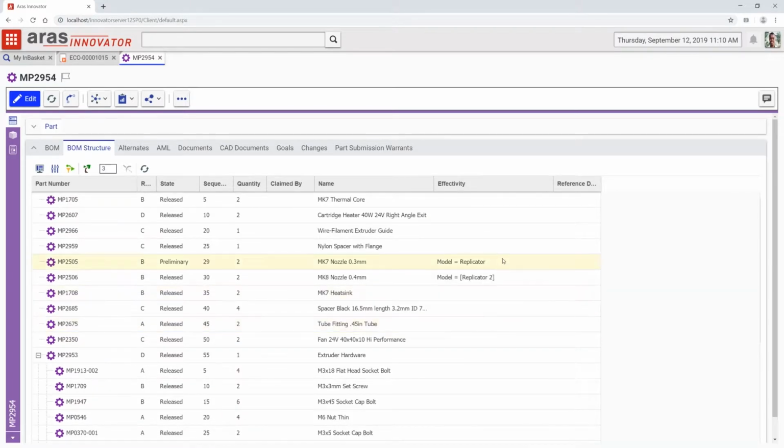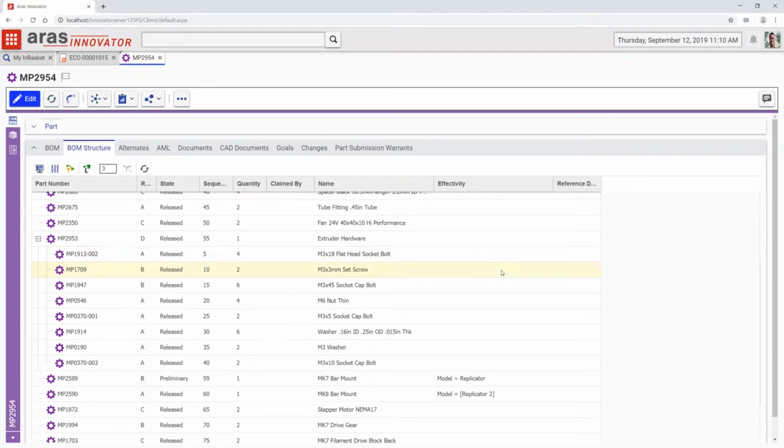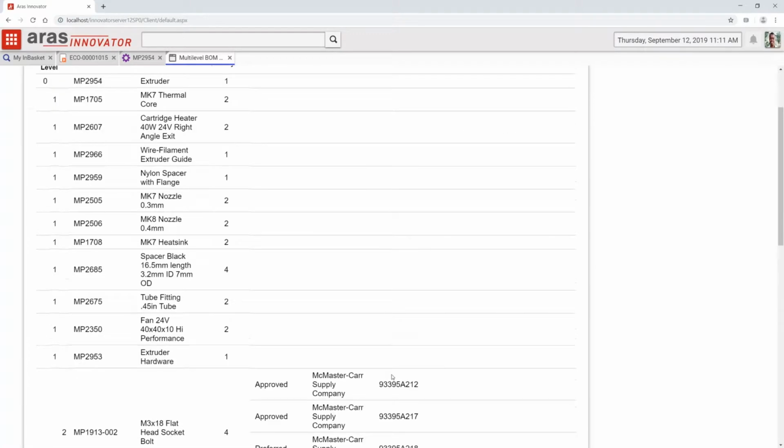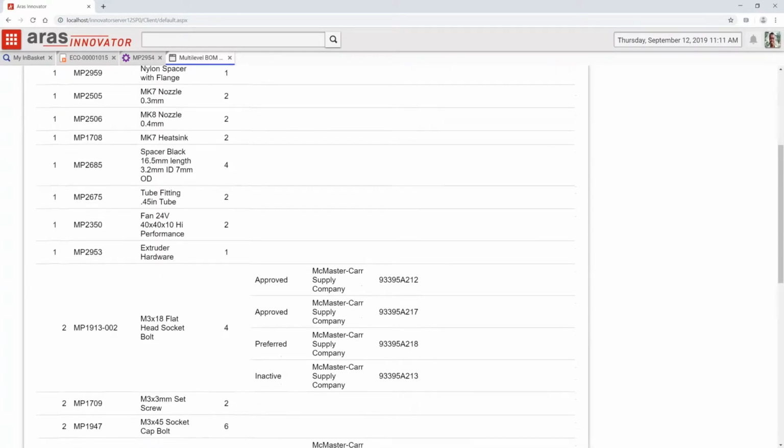And also, we won't have time to dive in, but we have built in the capability for not just this particular iteration or version of a BOM, but we can do effectivity and configuration right from the form here. And if we want to see a readable report, we can certainly do that. So I'll just click here, and this can be formatted and printed, exported in any way that makes sense to you.